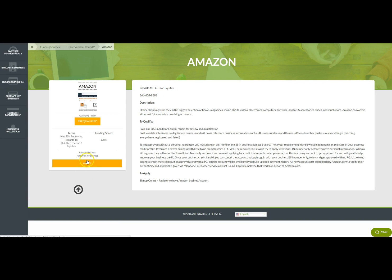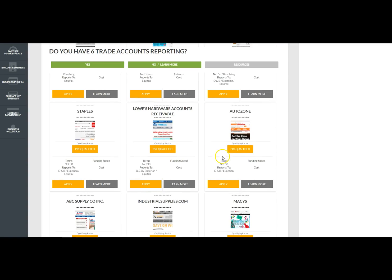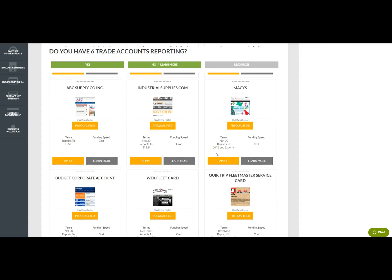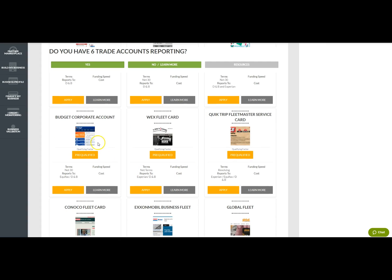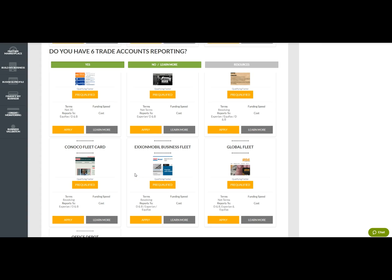Having the information, a one click to simply apply, knowing exactly what it takes or what you need to do to qualify, the underwriting guidelines of how to get approved without the personal guarantee. All of that's available for you on every source in the actual finance suite. We actually have a data team that this is all they do, is they go around, they work with companies and get the data and formulate relationships so we can get you access to MasterCards and fleet credit cards and gas cards at places like Exxon and Conoco and on and on and on,